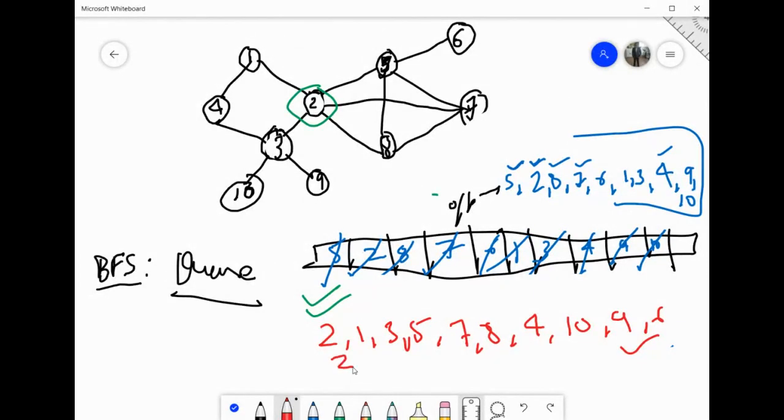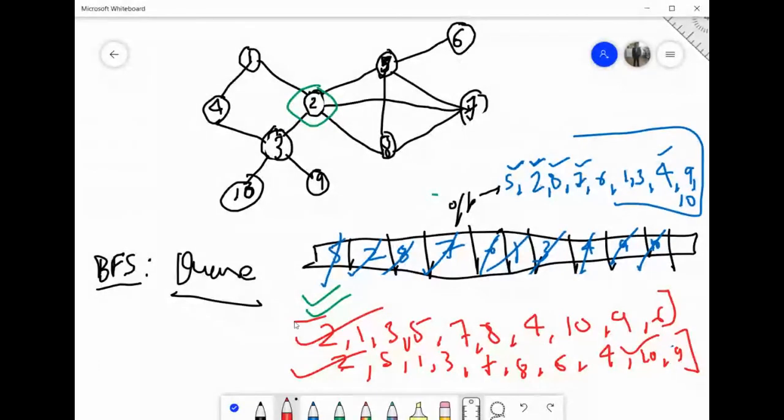Okay, again you are starting from 2, then 1, 3, 5, 7, 8. Suppose I am visiting 5 first. So 5, 1, 3, 7, 8, right? Then the option 6 will come, from 1 the option 4 will come, from 3 the options 10 and 9 will come. This can be a BFS. So this will give a number of BFS starting from 2. Any doubts? I've done this a bit quick, but you apply the same process. With experience, you will get how to do it directly also. Doesn't matter. It's easy.